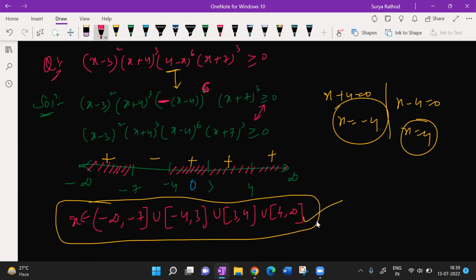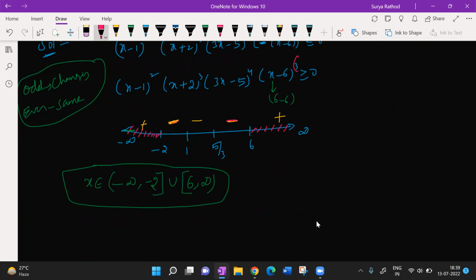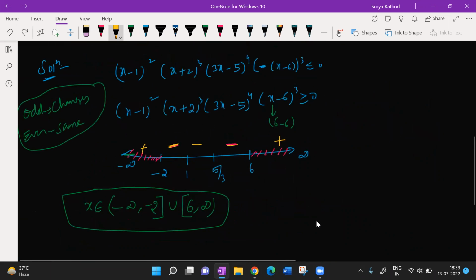Check. Here the power was odd. If I take minus common and multiply minus 3 times also, it stays minus only. To remove that minus, I have to multiply with minus on both sides. When I multiply with minus on both sides, the inequality changes. This is the story. Hope you got clarity now. That is the reason, beta.